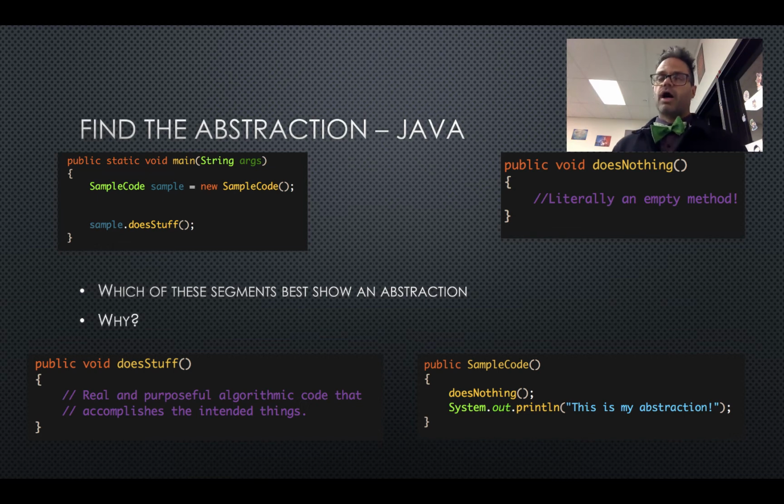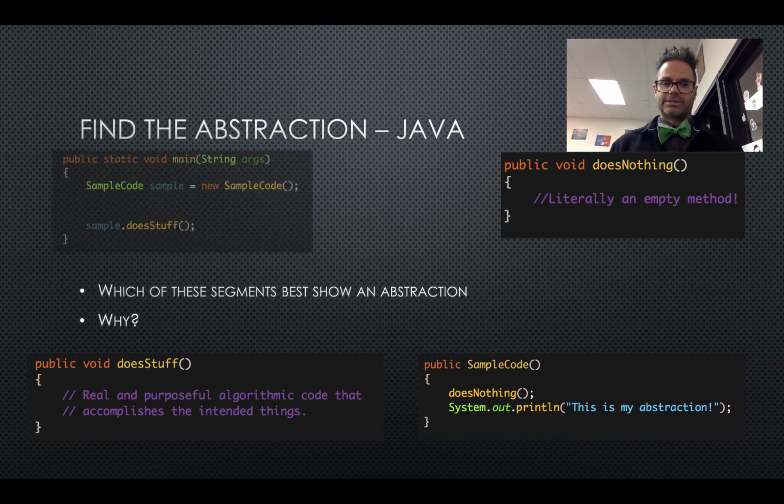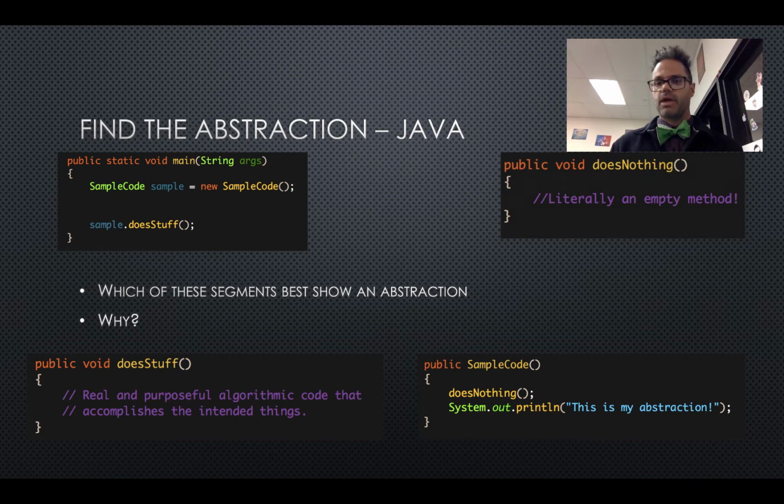Now, it's pretty obvious, but let's take a look at these. Public static void main string args. No, not the one. Public void doesNothing. Literally an empty method? Come on. It does nothing. It's not accomplishing anything for us, so it's definitely not an abstraction for us. Sample code, the constructor for this, it calls doesNothing and prints this is an abstraction. Just because it says abstraction doesn't mean it's an abstraction. However, doesStuff right here, doesStuff provides something. It's doing functionality,